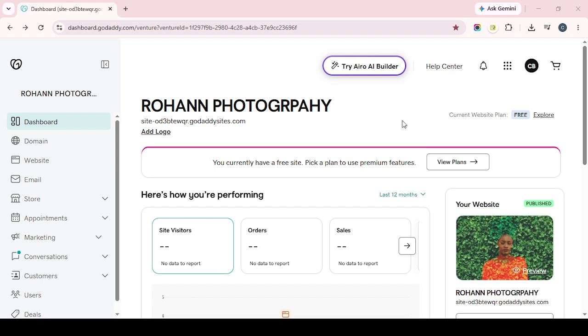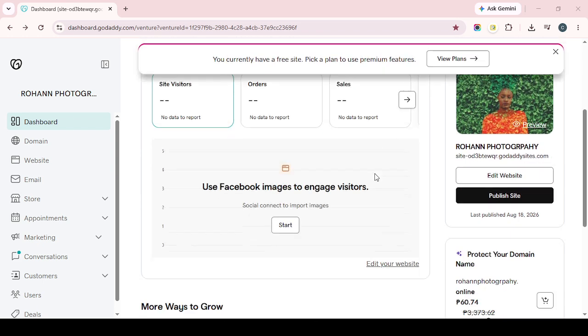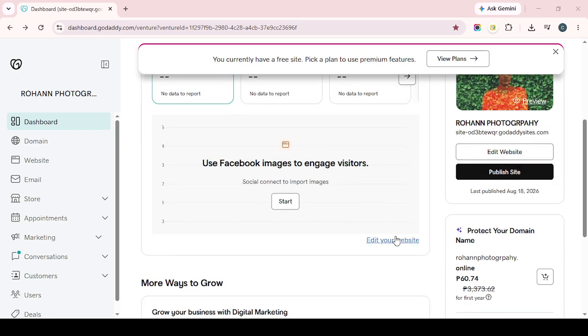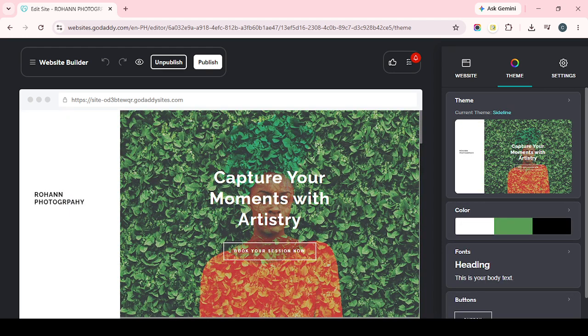To get started, open your GoDaddy Website Builder and go to the page where you want your booking option to appear. Once you're in the editor, look for the option to add a new section. Click Add Section, and then choose Appointments or Services from the available section types. This will place a dedicated booking area onto your website, giving visitors a clear place to view what you offer